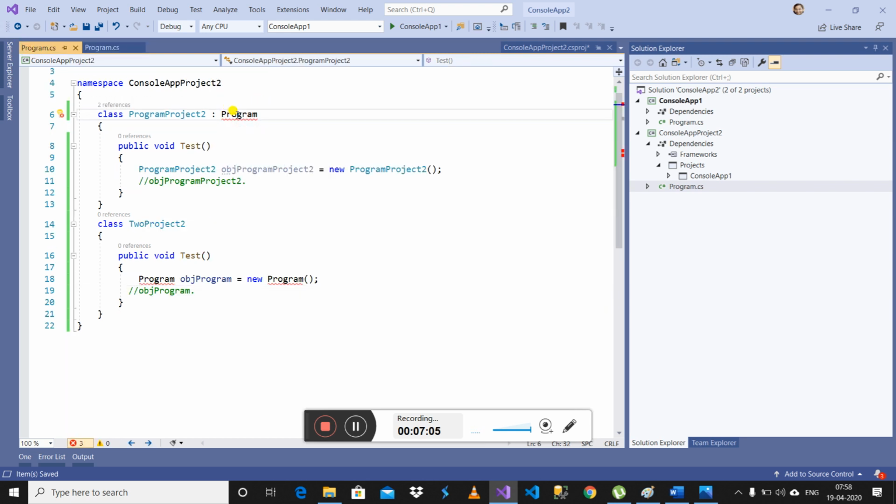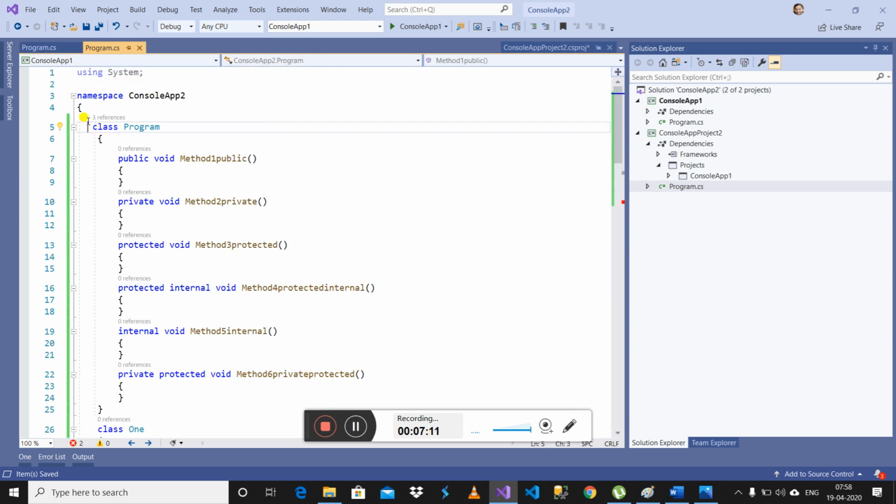Look here, Program is not accessible. It means that right now Program is internal, and internal cannot be accessed from the other assembly. So we have to mark this Program class as public. And one more thing, a class can be internal or public. A class cannot be protected, protected internal, private, or private protected.